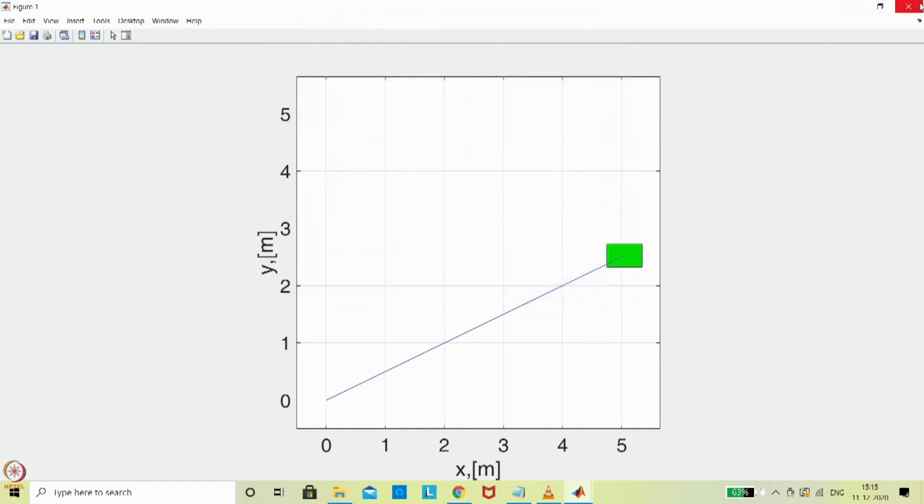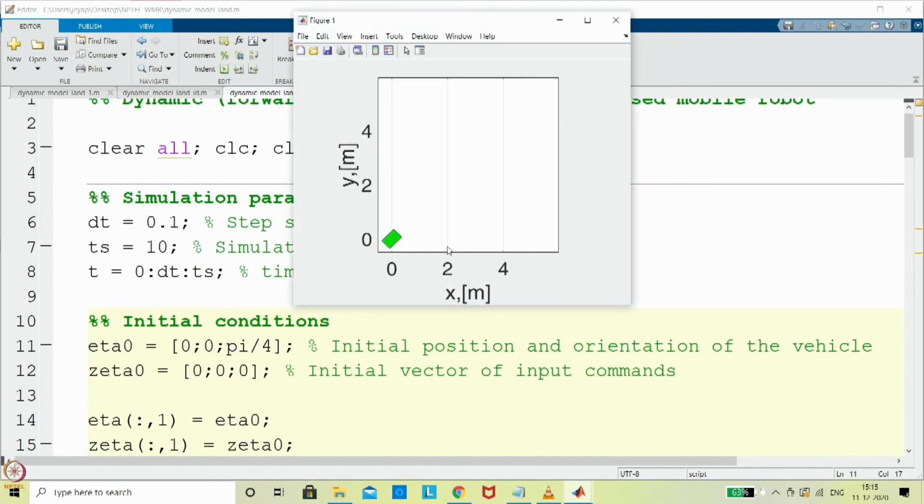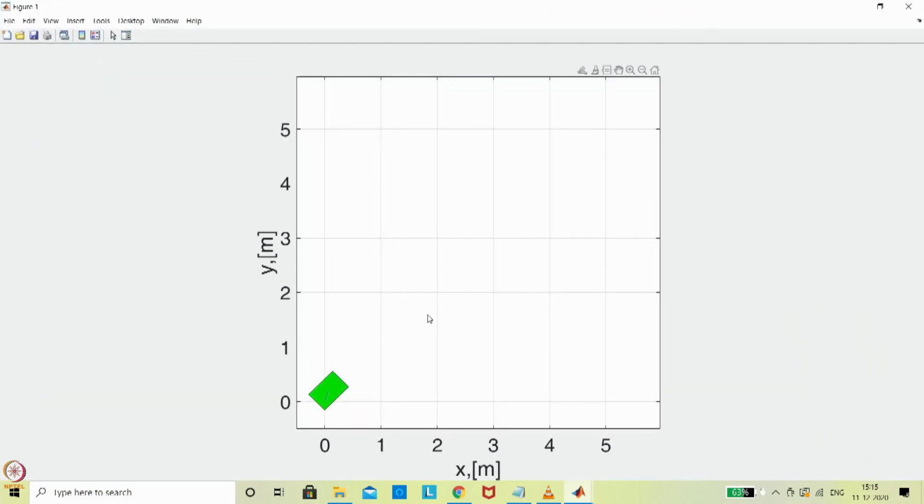So these are the system states, will come back. Now instead of the eta naught being 0 in the angular part, I am saying that this is 45 degree. If I look at what happened, the vehicle itself is oriented 45 degree. Now if I push the force, Fx and Fy, you can see that from that 45 degree it would be inclined, not from 0, which you can realize from this particular simulation. You can see the vehicle is already at 45 degree. Now we are inducing the force in the x direction and y direction of the body fixed frame. So that is what you can realize.